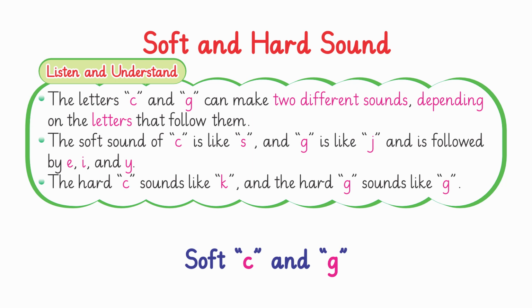Dear students, today we are going to read a lesson about soft and hard sound. The letters C and G can make two different sounds depending upon the letters that follow them. The soft sound of C is like S and G is like J, and it's followed by E, I or